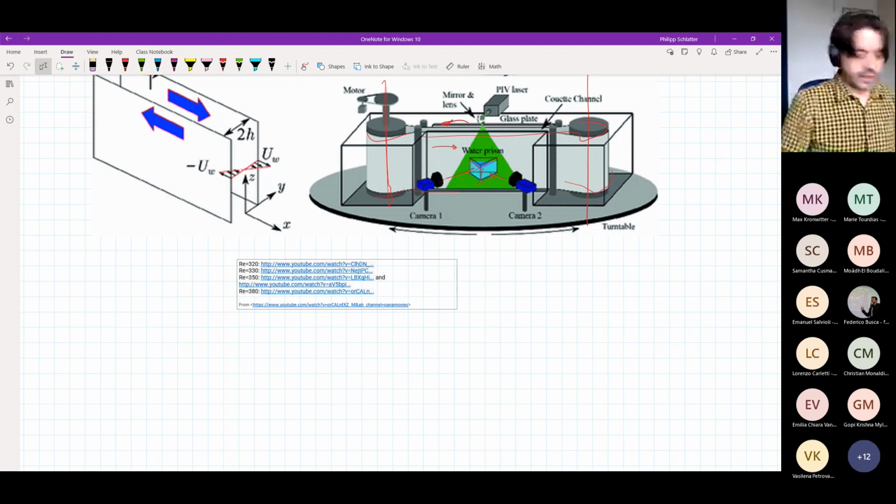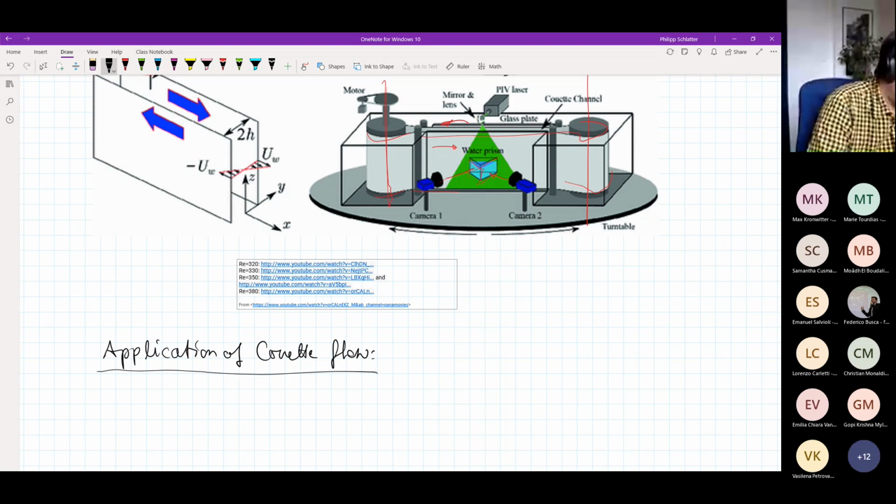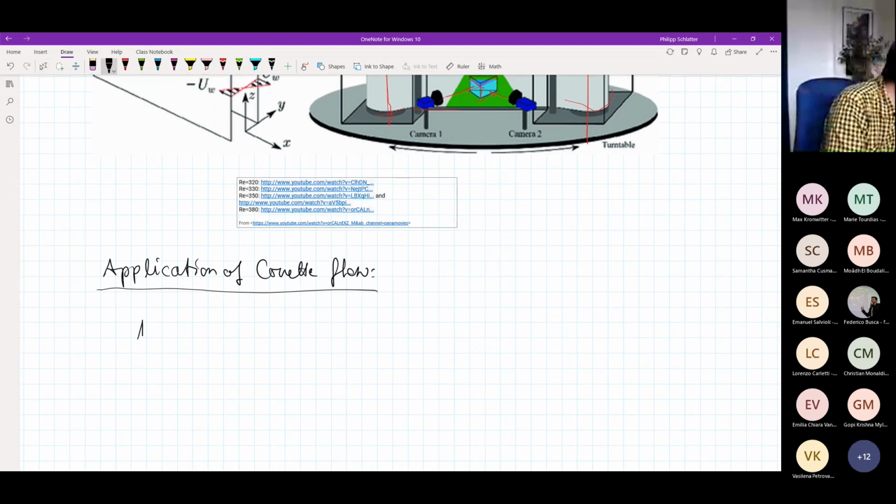Because then I would continue with the last aspect of Couette flow, and that is the application. Application of Couette flow. So where and how is Couette flow actually important? Well, as we said before, the whole idea of Couette flow